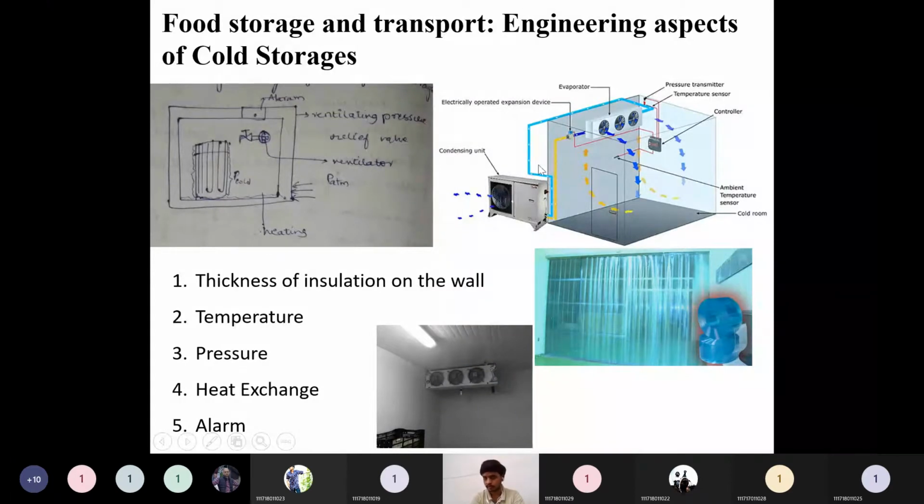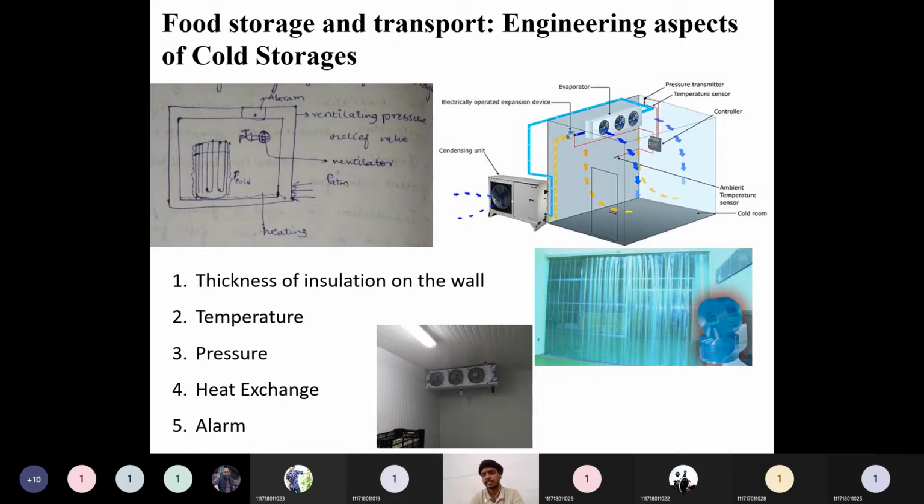If you see, this is a 3D view of this cold storage. Inside this cabin, depending on whatever coldness and environment is required, we have to design the insulation thickness, the wall thickness. Greater insulation is required for very deep freezing, like 0 degrees centigrade or below, in order to lower the chances of heat conduction or convection from inside to outside, so that our refrigeration cycle will function as efficiently as possible.